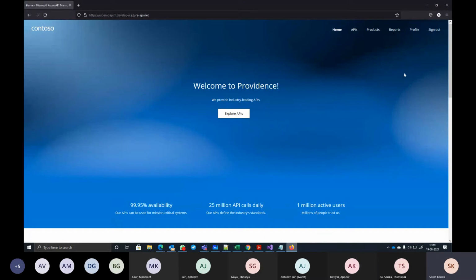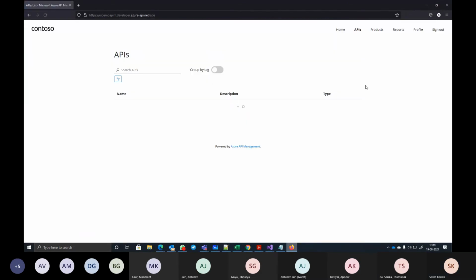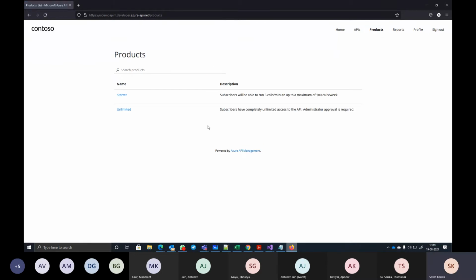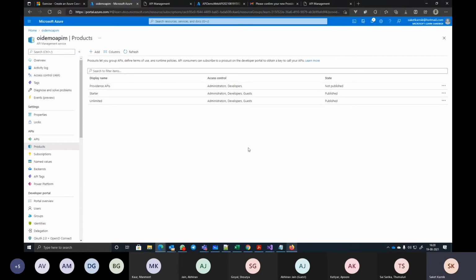So here I'm logged in Firefox. I go to APIs. Still Echo APIs only. Because my API, oh, under products also it's not visible. You know the reason? Now I'm signed in. Still it's not there. Reason is simple. I said that my API is accessible to developers. Okay, but did I publish my product?